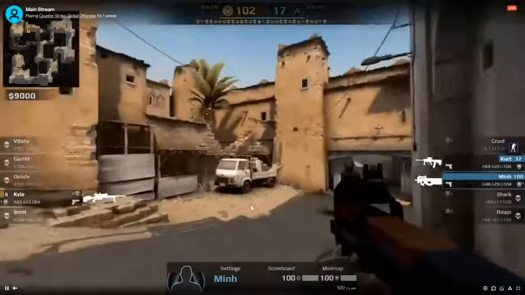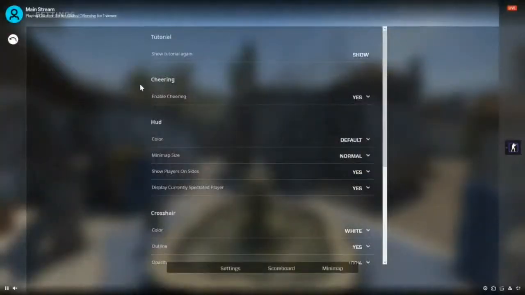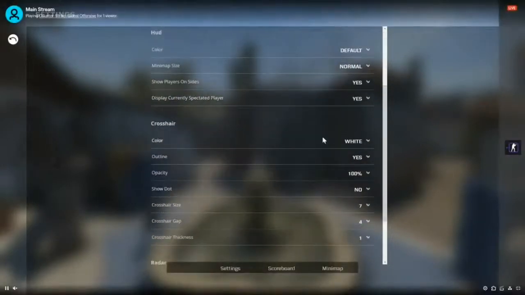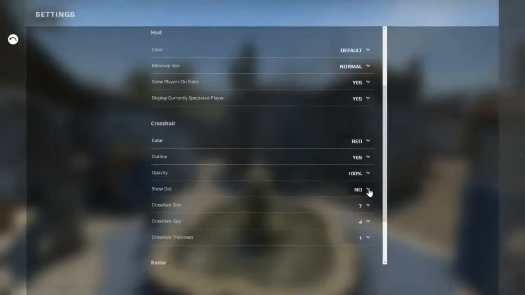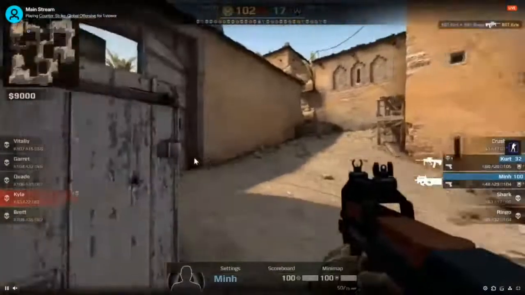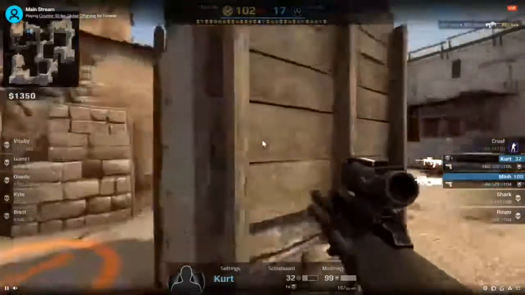While that's informational, there are a number of things that are customizable. And here you can see that you can enable or disable things like cheering. There are a number of things at the hub that can be changed. There are things like the crosshair that defaults to white, but we can change that to red. There's just a number of things that viewers can modify and change to how they want. You can see here how the crosshair is red.